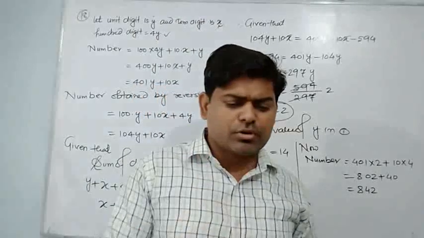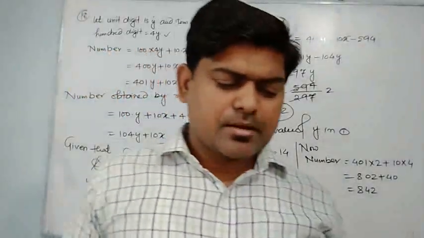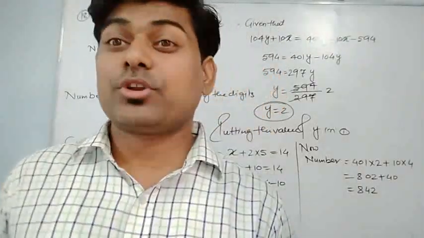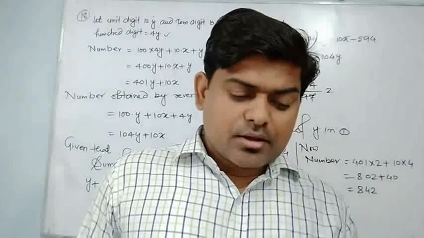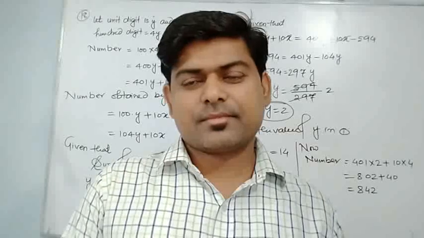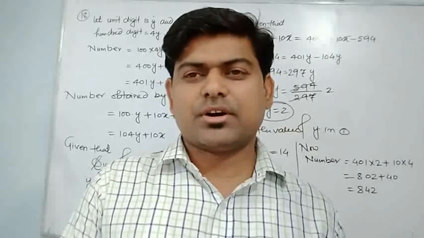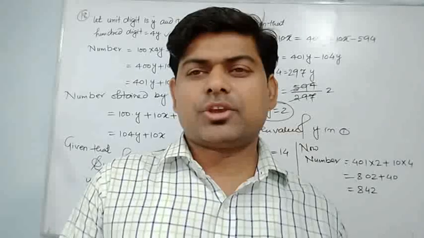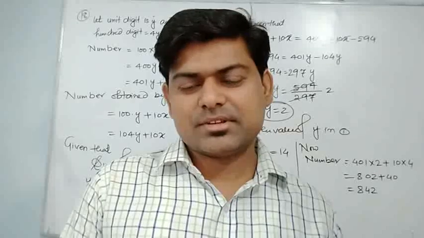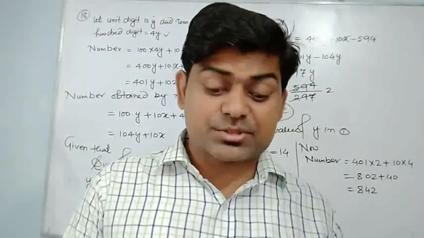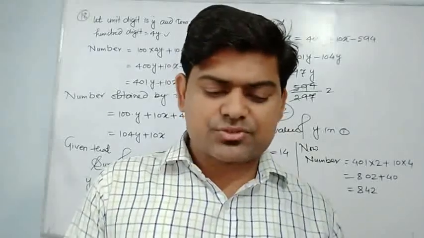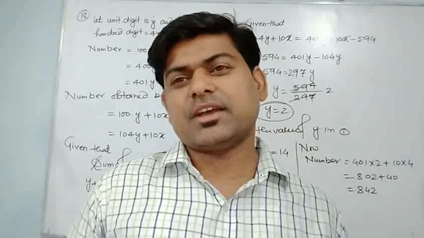Now only one question is there like that. Question number 19, you can see it's written 4 years ago, Marina was 3 times as old as her daughter. 4 years ago, whatever age Marina was, it was 3 times her daughter's. Now 6 years from now, the mother will be twice as old as her daughter. Find their present ages. I think it's a very easy question.